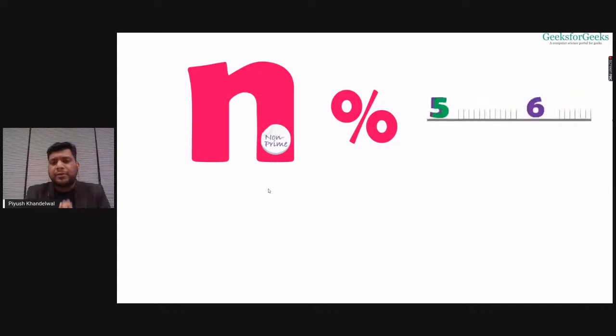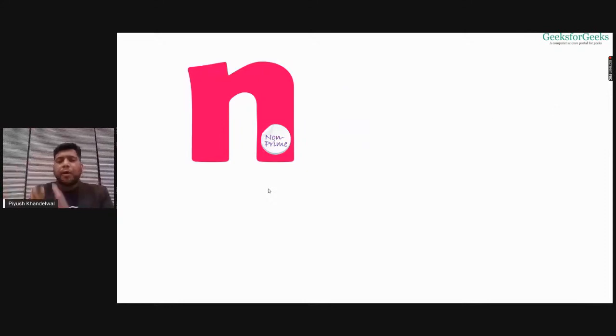Then I change the content on this label. I write non-prime on this number. As soon as I find some divisor, I write non-prime on this label and get out of the loop. After that, I will not divide this number by any other number.